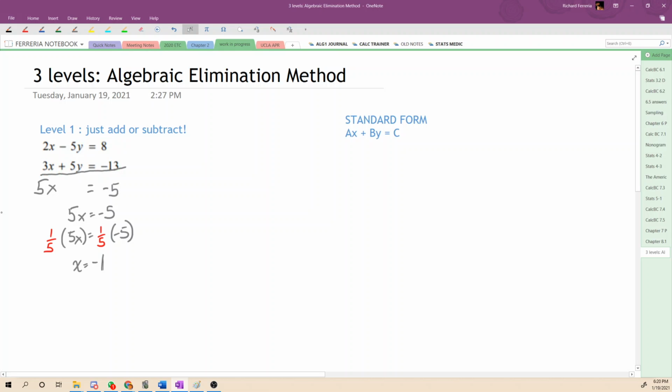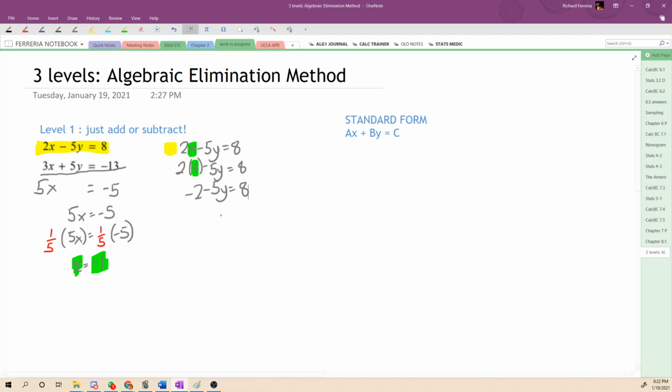Now I'm going to pick one of those two original equations. I'm going to find which one looks easiest to me. And you may feel differently, but I think that first one looks easiest. So I'll start off with 2x minus 5y equals 8. I notice that x is equal to negative 1 from my previous work, so I can substitute negative 1 for x. From here we just do some algebra solving, so 2 times negative 1 is negative 2,